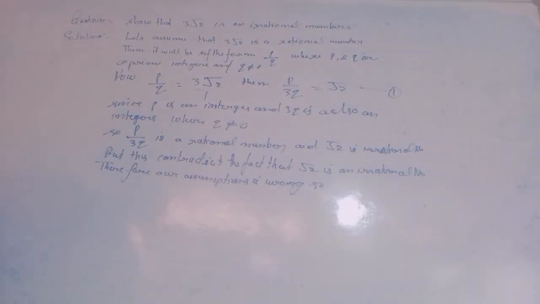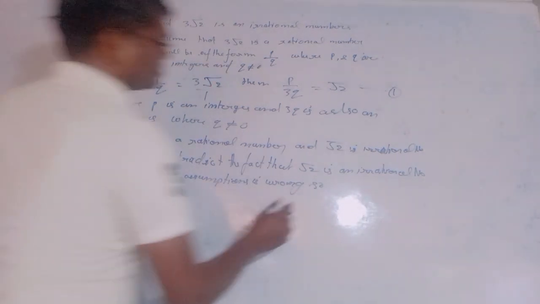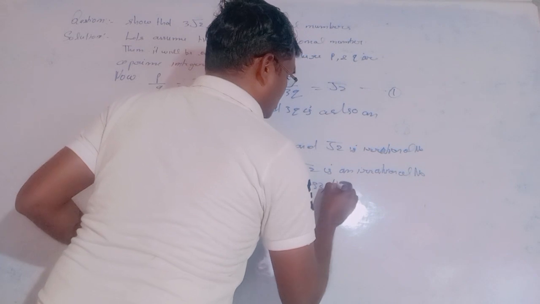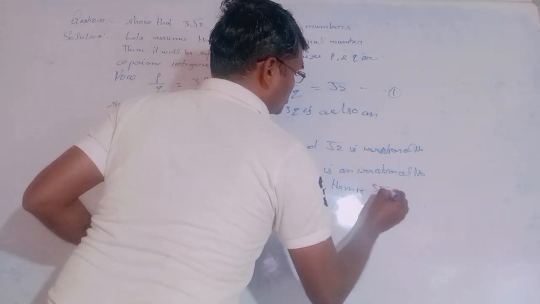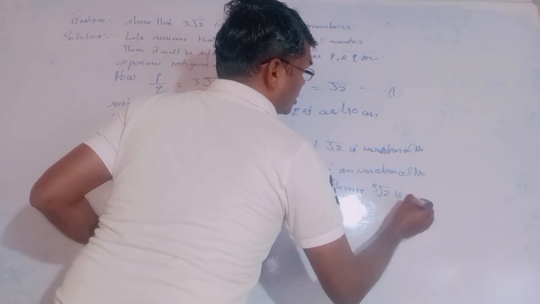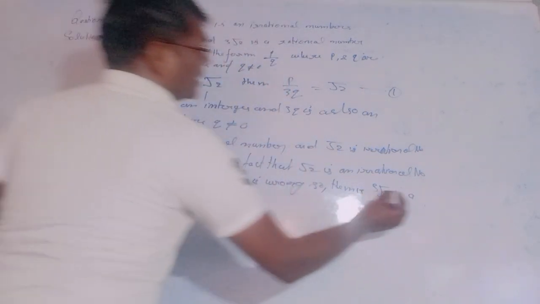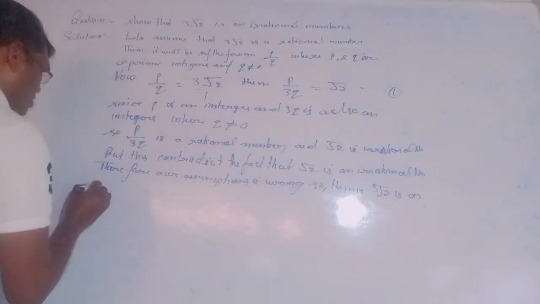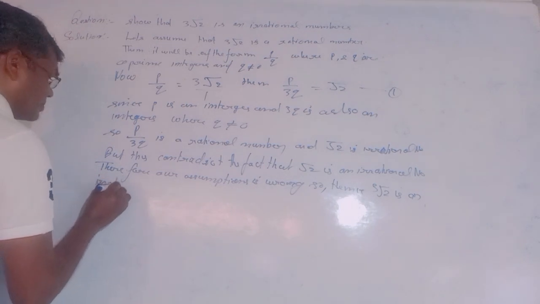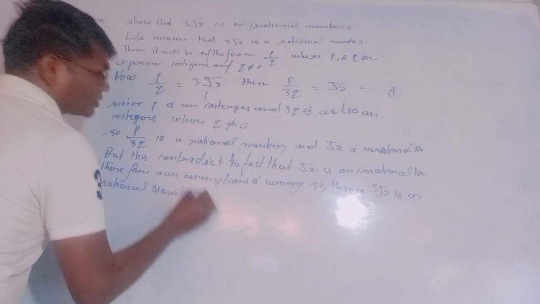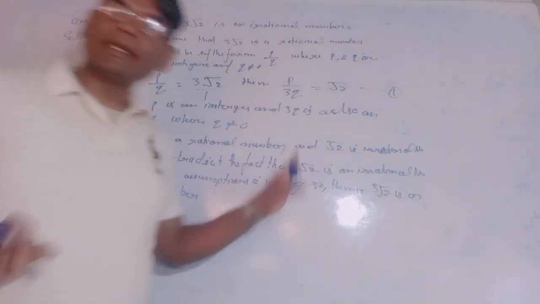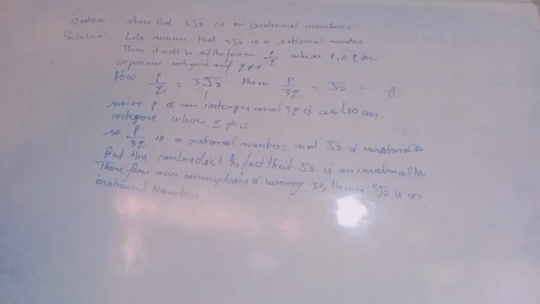So we can say that hence 3 root 2 is an irrational number. Okay, this is proved. And the second example we will take, example second, that 5 minus root 3